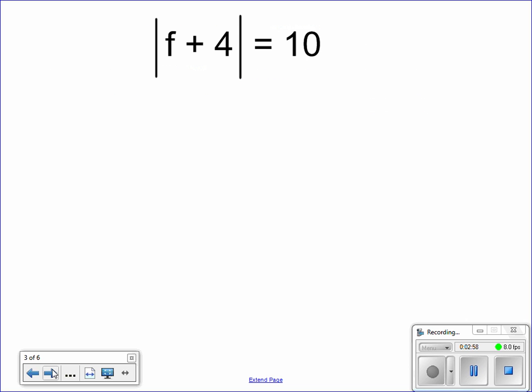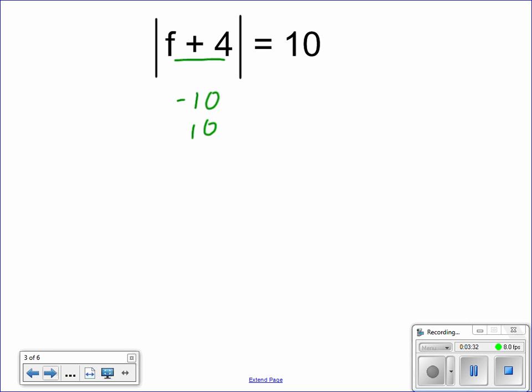So let's start with a very simple one. The absolute value of f plus 4 equals 10. So you guys want to figure this out in your head. We're doing an easy one so that we can work on solving it out here. How you end up solving this is, okay, it could actually be negative 10 or 10 inside the absolute value, right? That would both equal 10. If these together equal 10, or they equal negative 10,